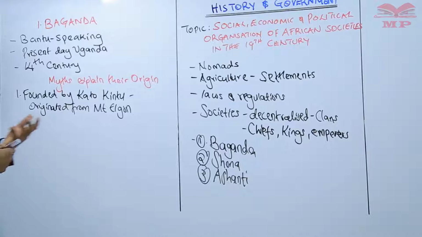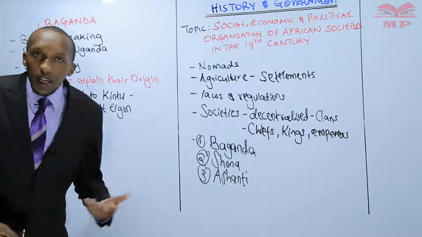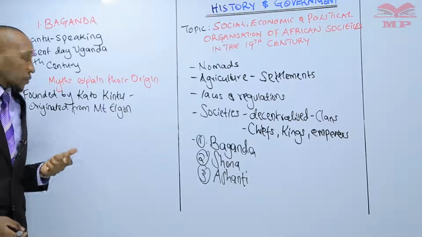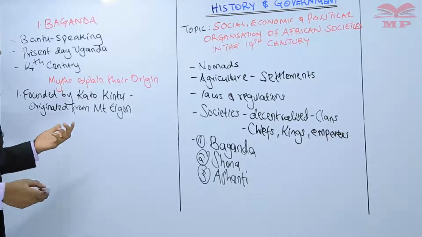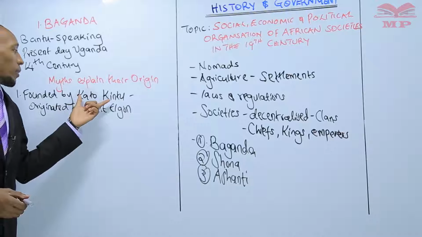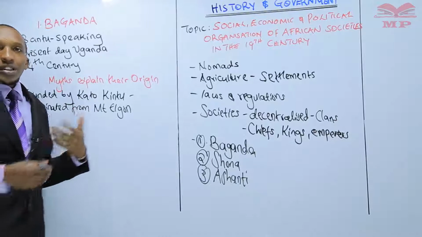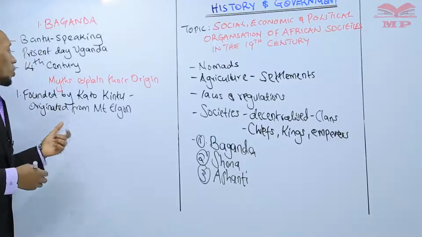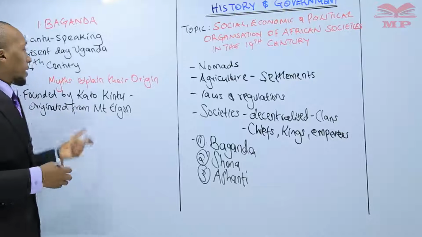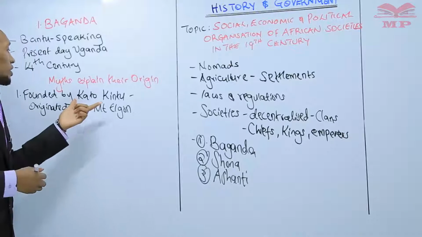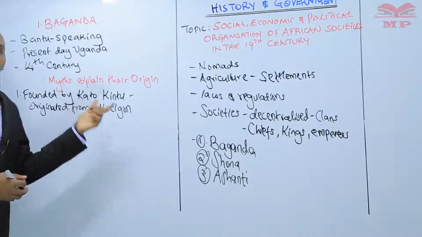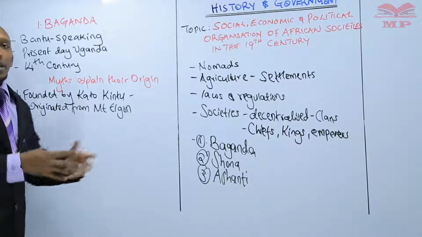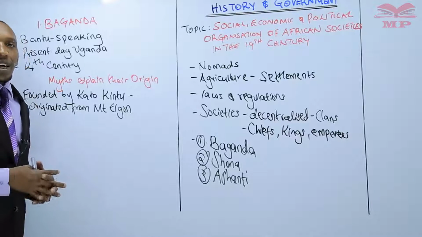That is one myth that explains where the Baganda people came from. So when he settled around the areas of Lake Victoria, he was able to marshal a kingdom